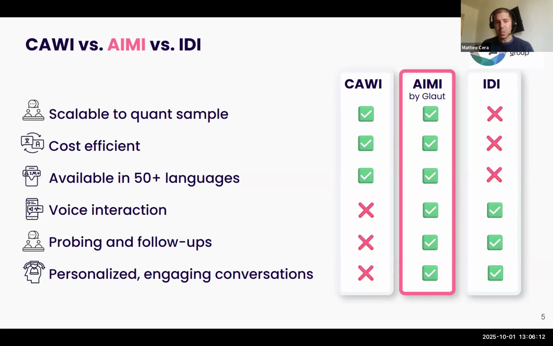And similarly to a human interview, the software will probe and do some follow-ups to understand more in depth what the person actually meant. These follow-ups are partially spontaneous, but mostly programmed by the researcher. This means the researcher has a strong control and influence about the direction, the intensity, and the depth of those follow-ups. So at the beginning of the interview creation, the researcher will have to decide which questions have probing, what are the directions of the probing, what is the intensity of the probing, and so on.